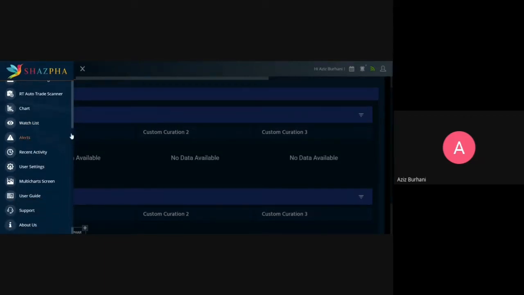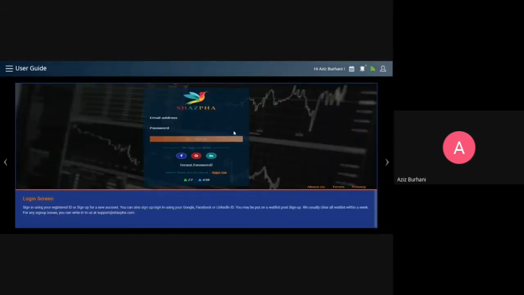So the items that remain on the list are watch list, alerts, and multi charts. Like I said, there is a user guide here. So the user guide gives you just a small idea. It gives you a snapshot of what you're looking at, and then at the bottom it gives you a walkthrough of what you're supposed to do with that, and you can navigate through it,